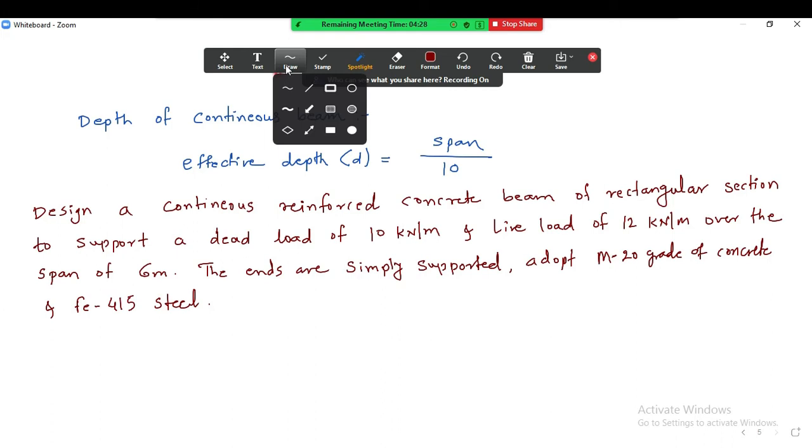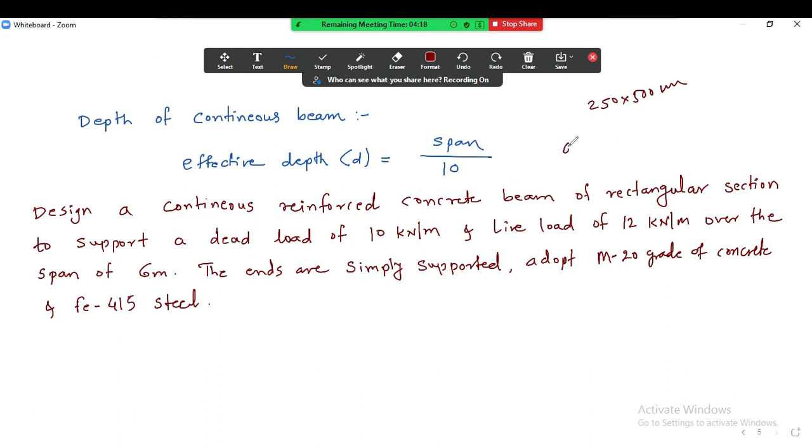Okay, what do we normally do, suppose the beam is of 250 by 500 mm. These are the cross section dimensions of the beam. Then what we generally do, we calculate the dead load as 0.25 into 0.5. We will calculate it per meter length, so we will not take length and multiply it by 25.